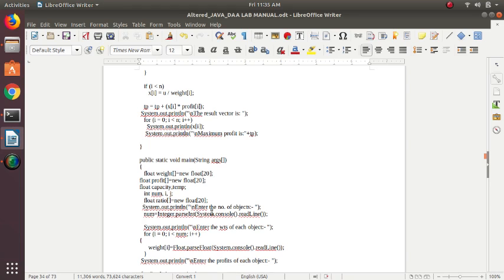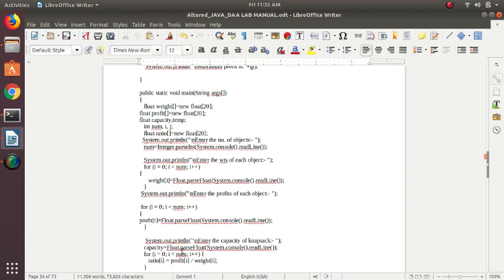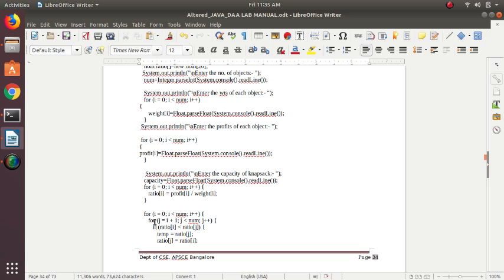The execution steps are almost similar to 6A. We need to enter the number of objects, then enter the weights of each object, which are assigned to the weight of each object, and then the profits of each object, assigned to profit of I. The I indicates the object each time.